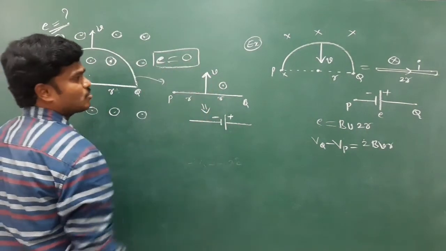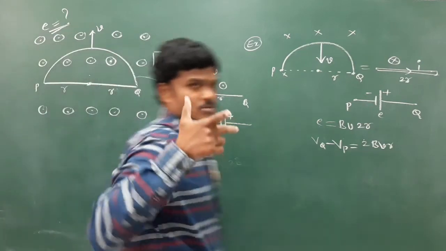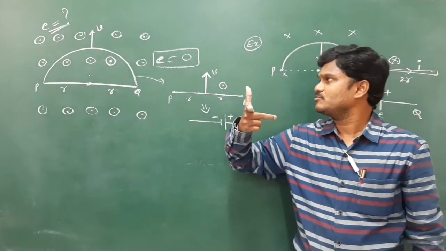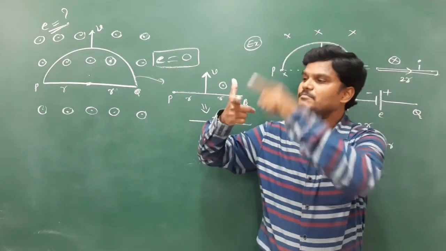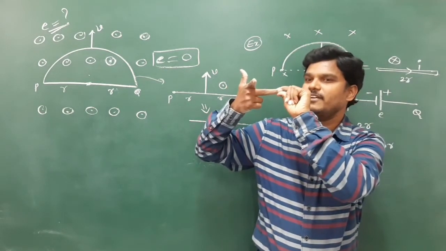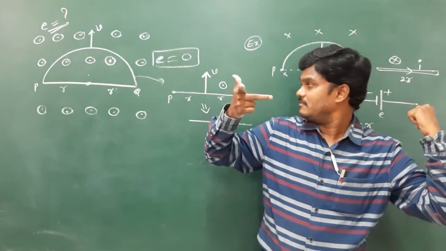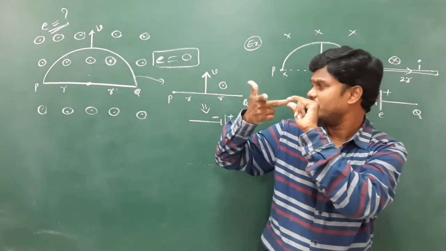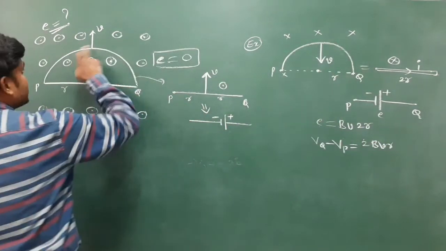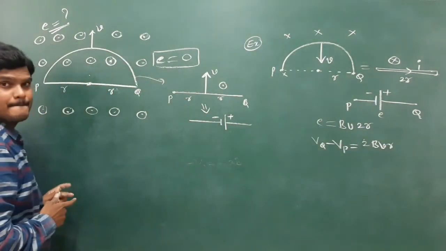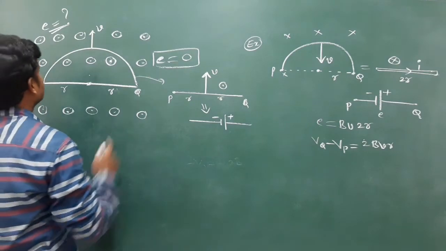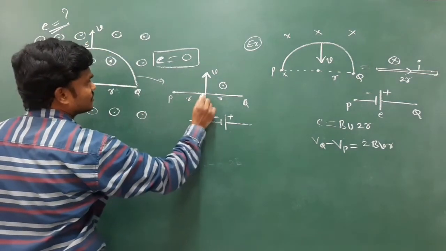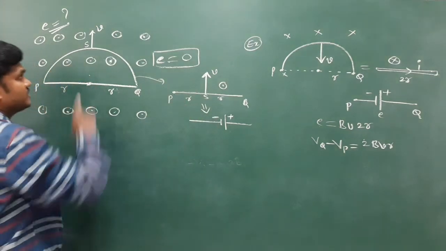Otherwise, use Fleming's right hand rule. Magnetic field, and which side is the conductor moving? Upward. So the conductor is moving up. Field, see the middle finger, it shows the right side. So this is the direction of the induced current. Now I am replacing this semicircular wire with this battery symbol. If you have any name, P, Q, something, this is S. This is the semicircular wire.